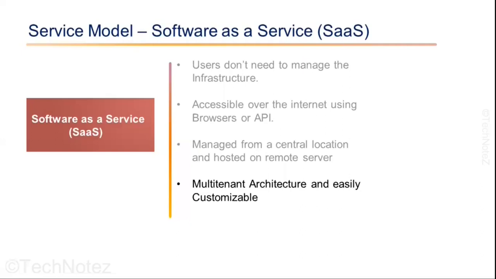Emails like Hotmail and Gmail are perfect examples of software as a service. We use our personal emails like Hotmail and Gmail without any knowledge of who is managing our email accounts and what is the infrastructure where our emails are hosted. As a user, we just use the service when we need it and everything is managed by the service provider. The service will be available for you all the time. The architecture or the infrastructure of the application is completely hidden from you.